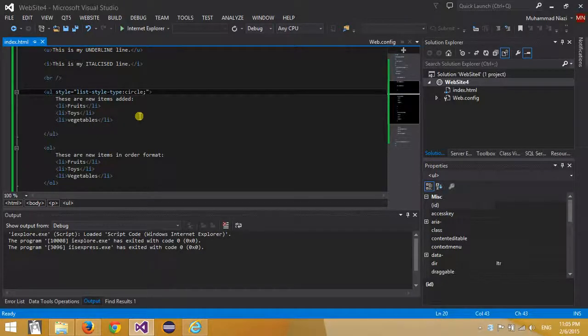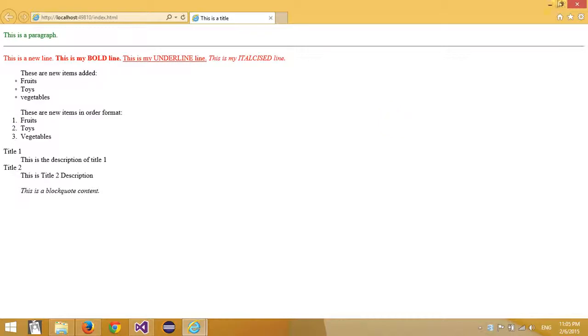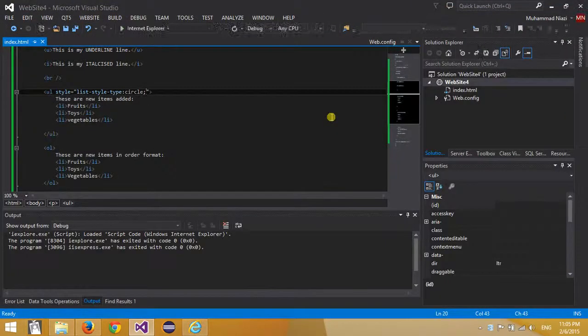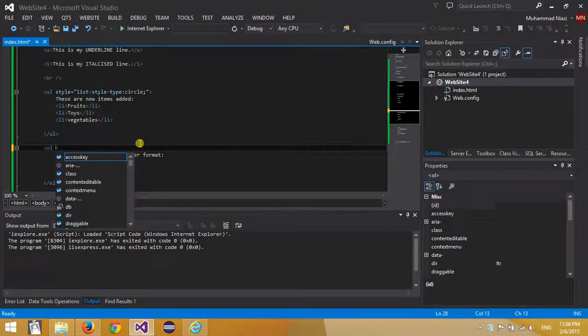The same question arises for the ordered lists. At this moment, the ordered list is displayed as 1, 2, 3, and let's say you don't want 1, 2, 3, and you want it in some other pattern, like Roman numbers or something. So we can also change that. To do that we have an attribute called type, and we use the type,